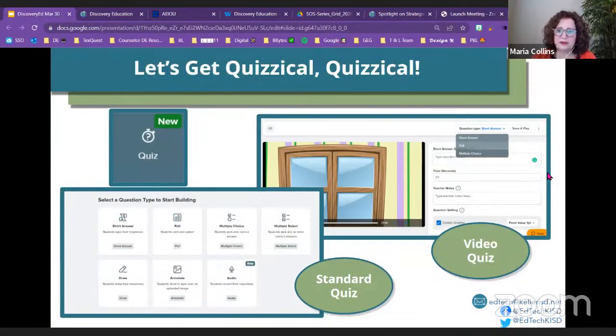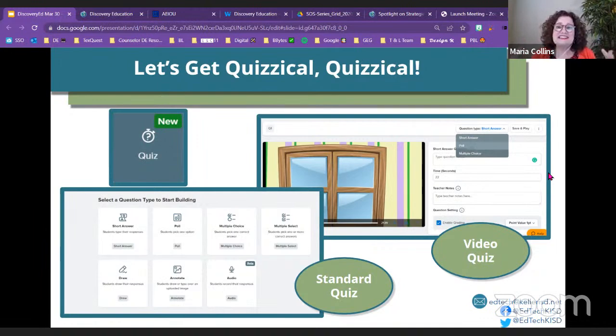Okay, can I get a drum roll? Discovery Education Experience, so you don't have it right now, but you will have it in the fall, has a quizzing feature now. And I know that a lot of teachers love Edpuzzle. And I'm not saying it's exactly like Edpuzzle, pretty much.